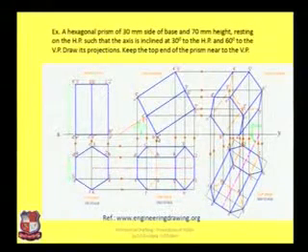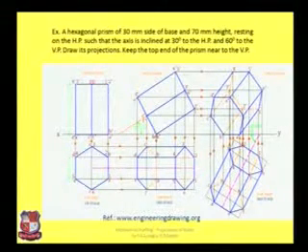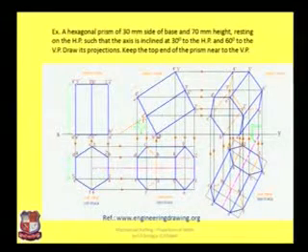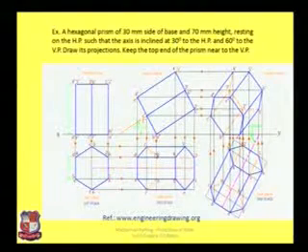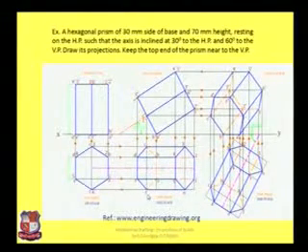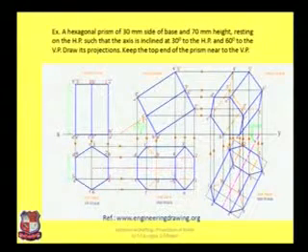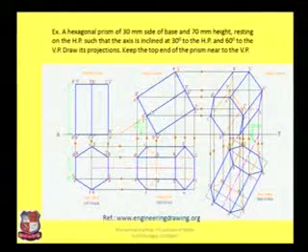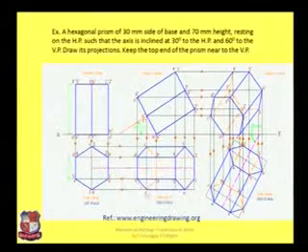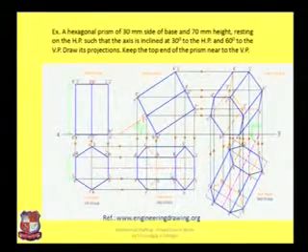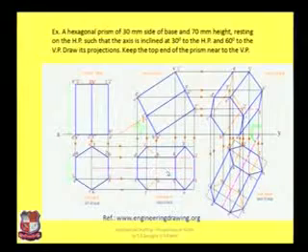But here this a dash, b dash side, this side which is on the base, will not be visible from top view. If we are looking from top, this side will not be visible, hence it should be joined with a dotted line. Similarly, b c and a f will also not be visible, so join them with a dotted line like this. And then these edges will be visible, so join c 3, b 4, c 5, f 6 etc., all these sides with a full line.